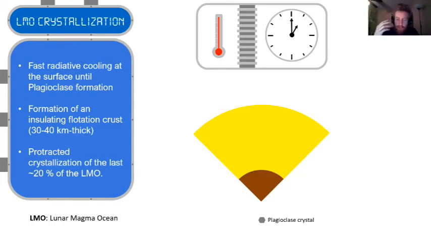So during the crystallization of this first 80%, you are cooling by radiative cooling at the surface, which is very, very efficient, which means that the crystallization of the first 80% of the magma ocean happens so fast that from the point of view of the time series, it's almost negligible. So